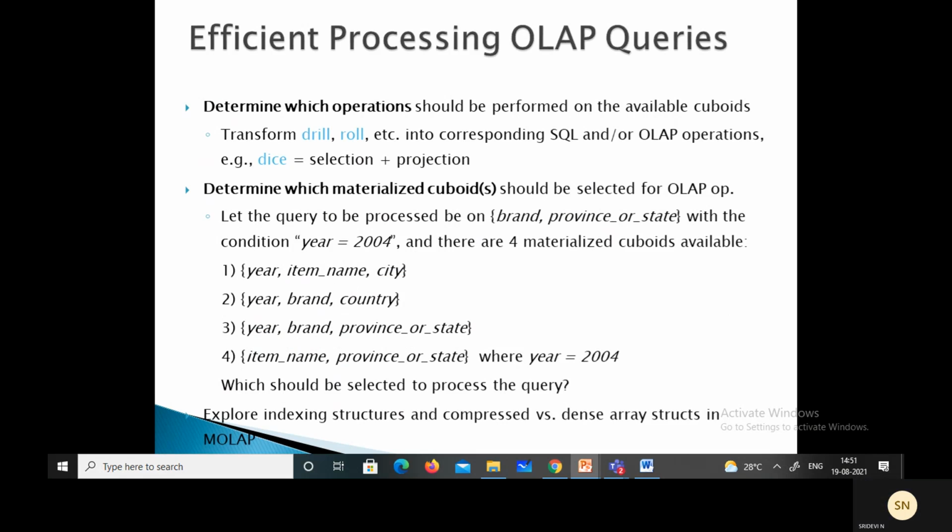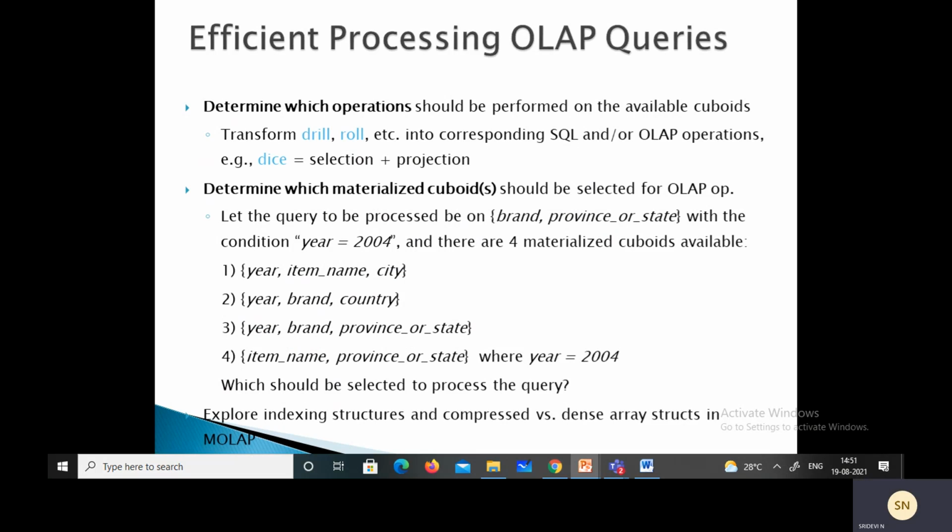If we observe this, we have to find out which of these 4 cuboids should be selected to process the query.